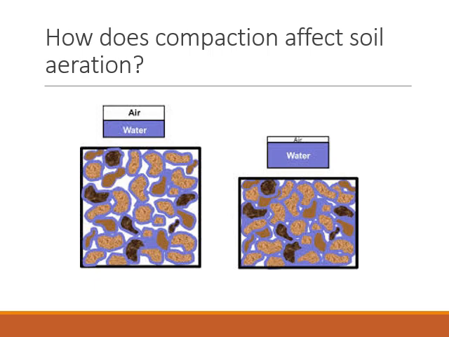In our lab, we discussed how compaction affects soil, and you did your lab reports on how compaction affects aeration specifically. On the left, we have, for example, 50-50 air and water in the soil, but after compaction, we end up with 80% water and 20% air. The percentage doesn't matter. The whole point is the soil can hold more water. If you look at the total amount of water, it can hold more water after than it did before,